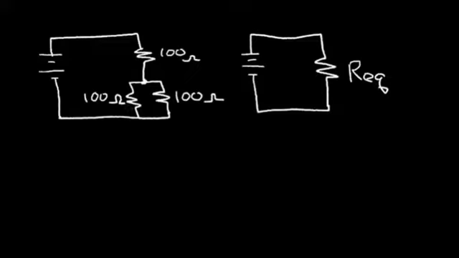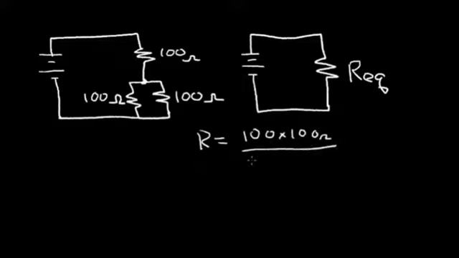So to do that, let's first find the equivalent resistance of this parallel combination. And we know from previous that the equivalent resistance is a product over the sum of these resistors. So it's 100 ohms times 100 ohms